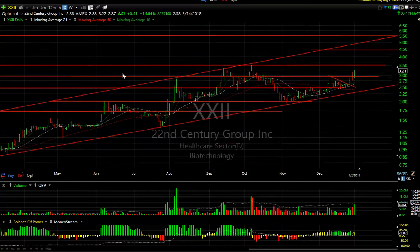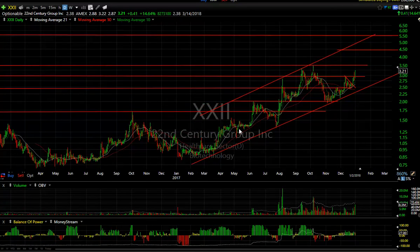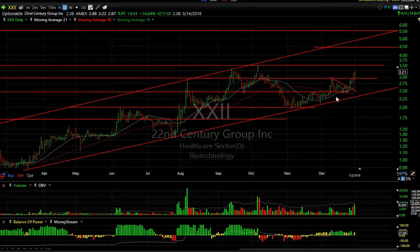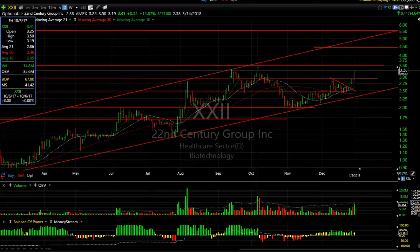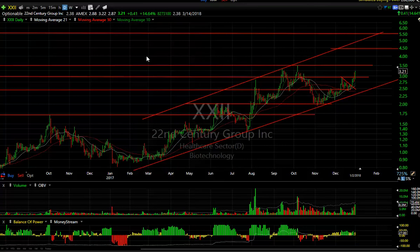And lastly, XXII, which has been trending all year. This low price stock has gone literally from under $1 to 3.5, pulled back, and now it's coming out again. Resistance at 3.50, if tested and taken out, should lead to 4.50 and then 5.50. And those are my